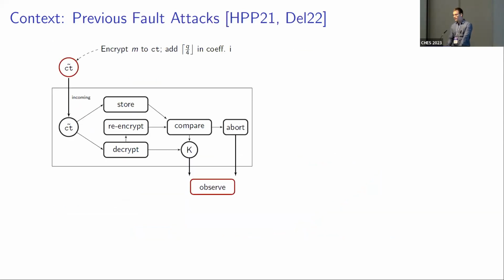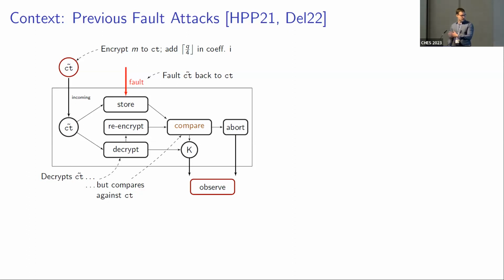Another example have been two fault attacks that exploit a similar principle. Again, the attacker generates a ciphertext, honestly encrypts the message to a ciphertext, and adds a small error to one coefficient. The ciphertext is being submitted. The device stores this, decrypts the manipulated ciphertext. And then during this decryption and re-encryption step, what the attacker does is they fault the storage. So they fault the ciphertext or they fault the re-encrypted ciphertext, and thereby they can force the device to decrypt the manipulated ciphertext, but compare against the original honestly generated ciphertext. So this means